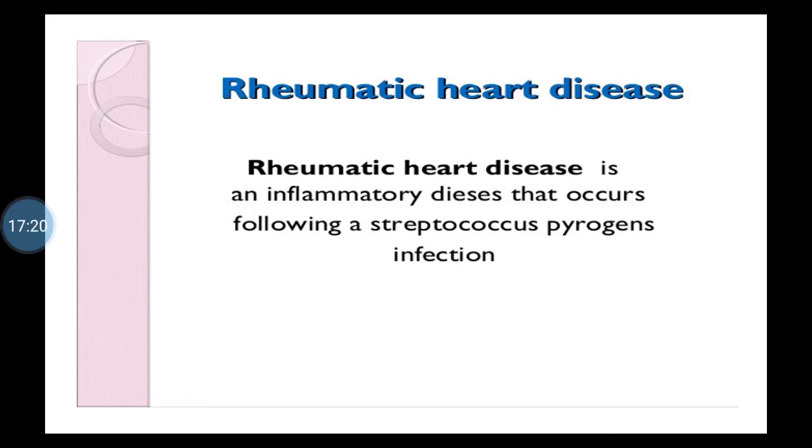Now, the other factors responsible for this disease are poverty, undernutrition or malnutrition, we can say. If proper nutrition is not getting to any person or child, there are chances that rheumatic fever may be there. Then overcrowding. When the number of family members is large and hygienic measures are not followed, due to joint family, poor sanitary conditions and poor hygienic conditions are there, and there is lack of medical facilities also.